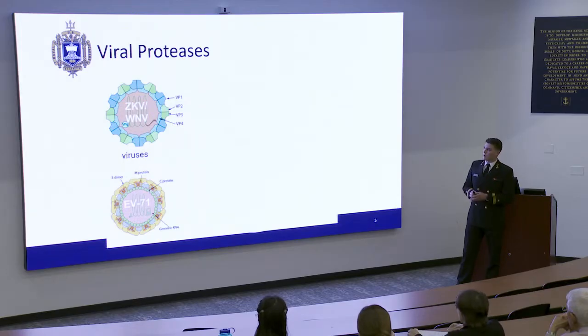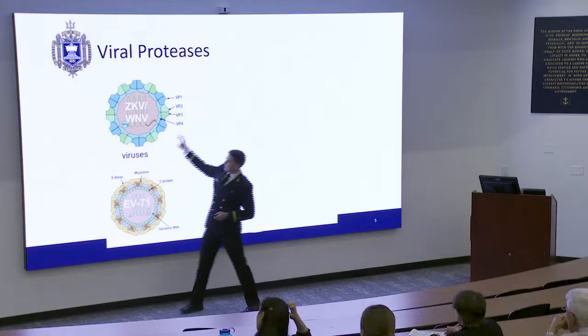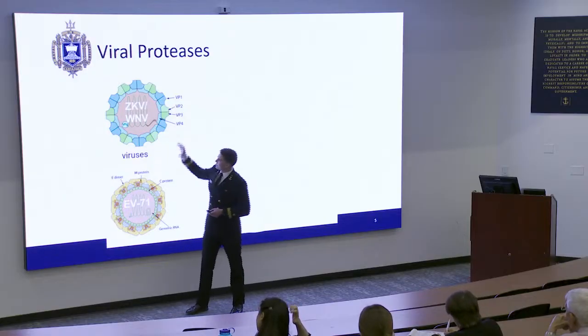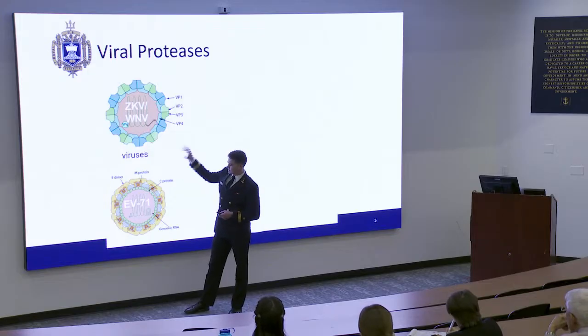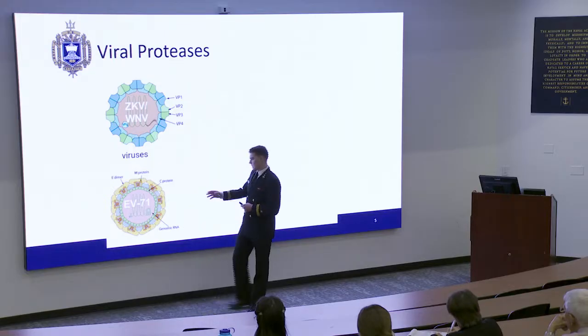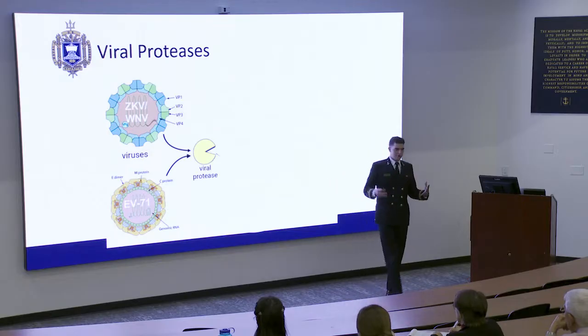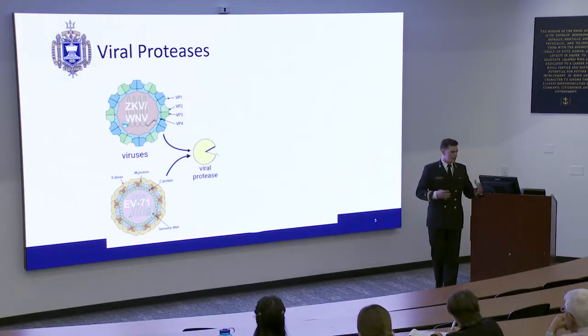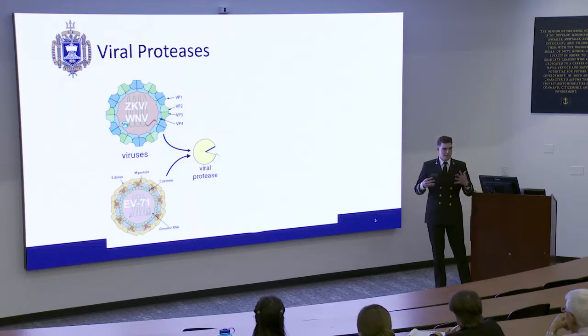A little more about viruses and the way that these viruses are infectious is viral proteases. So the structure of these viruses, like I said, is this protein capsid that protects the genetic information inside of the virus. This is Zika and West Nile virus's structure. They share a similar structure, and enterovirus's structure is slightly different. But these viruses produce proteins called viral proteases. Proteases are proteins whose function is to target other proteins and cut them or cleave them.